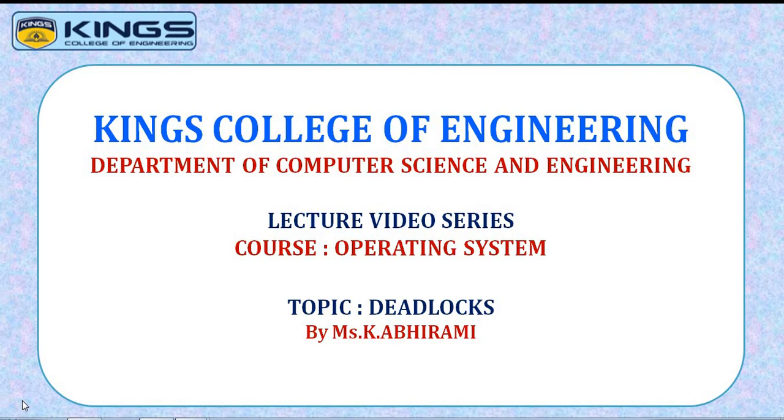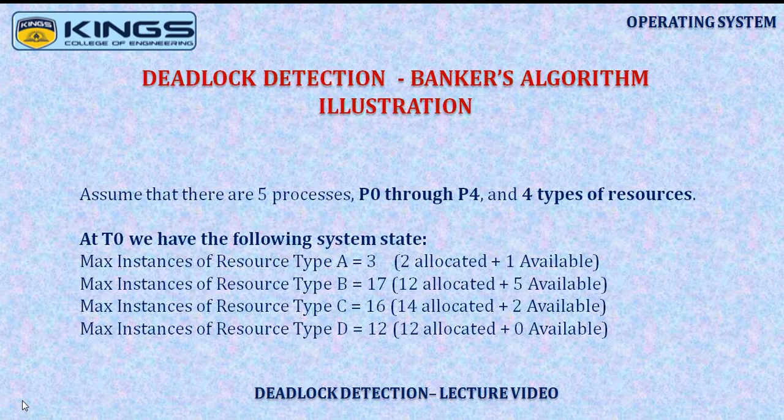The objective of this lecture session is to provide an illustration to prevent occurrence of a deadlock using Banker's algorithm. Banker's algorithm is a resource allocation and deadlock avoidance algorithm that tests for safety by simulating the allocation of resources, checks for completion of process, and decides whether to continue resource allocation. Using Banker's algorithm, here is an illustration of deciding resource allocation to processes and thereby avoiding occurrence of a deadlock.